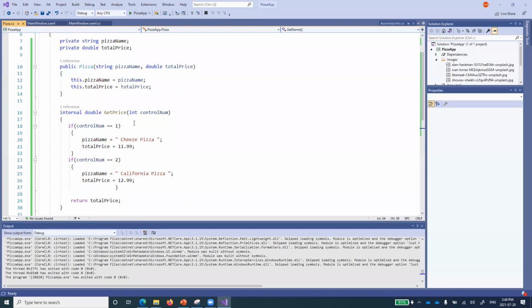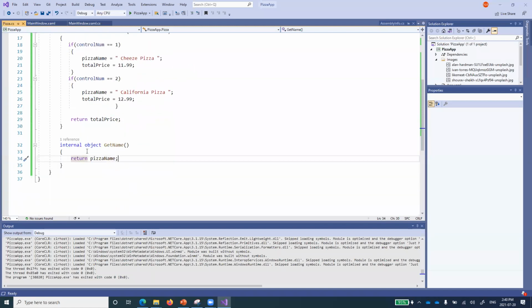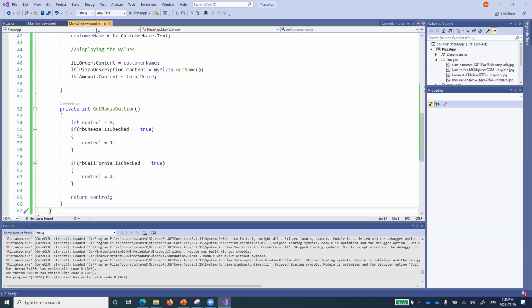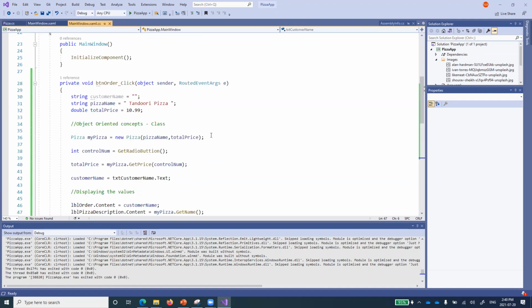You see, running a get price method, running a get name method over here. Getters, we are using one constructor over here. So the concept is quite interesting. It's just returning all those things. And in our main program, we have implemented all this logic on the button click. So whenever the button is clicked, all this will be happening.